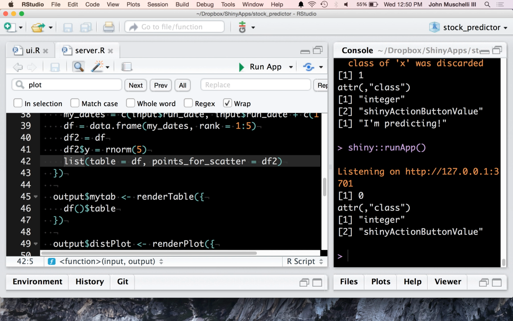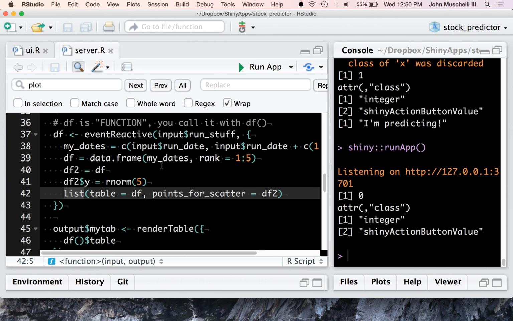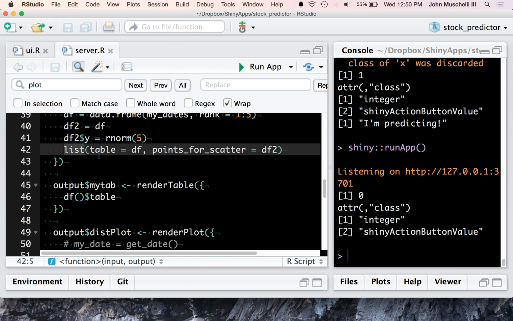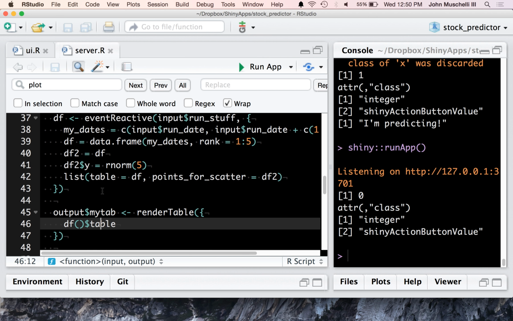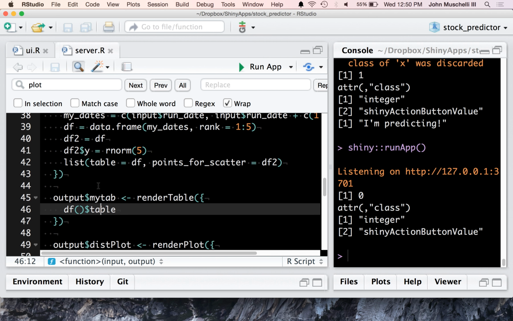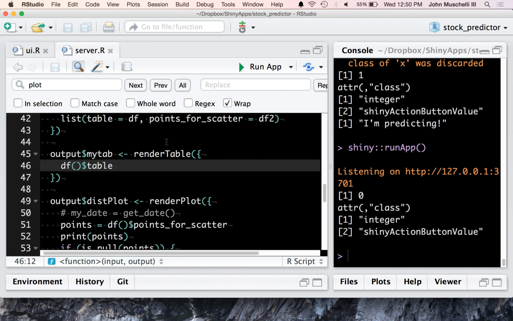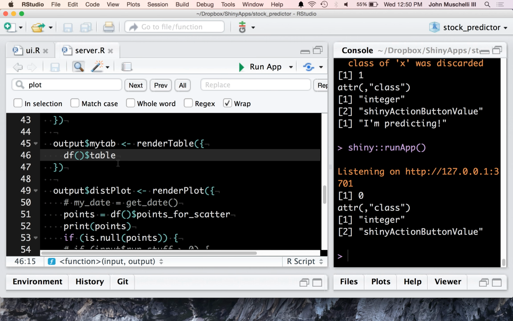So you're waiting to create the data frame. If you don't click the button, there is no data frame, right? Is that correct? Because you're referencing the data frame to make the table and the plot. So if there's no data frame, nothing. If you put null,